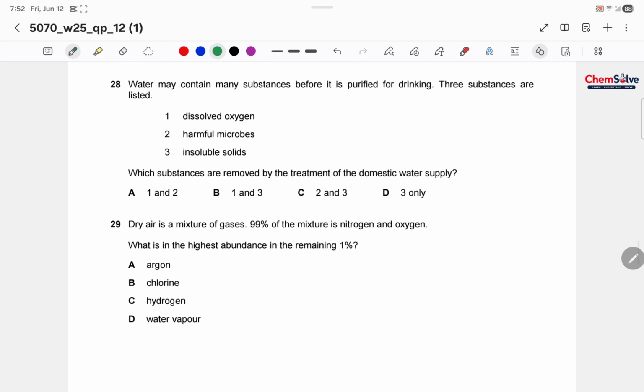Okay, next question. Water may contain many substances before it is purified for drinking. 3 substances are listed. Again, this is a factual question. When we need water for domestic purpose, then it must not include harmful microbes and insoluble solids. So these are the 2 things which need to be removed